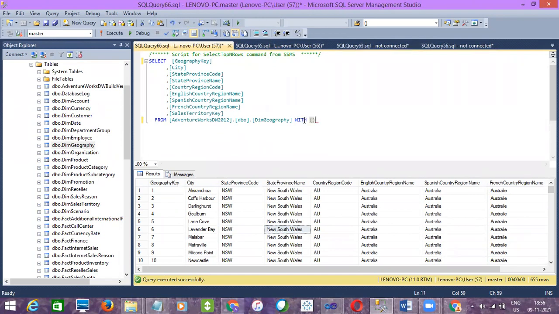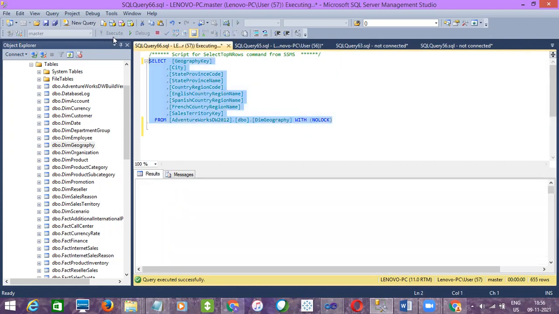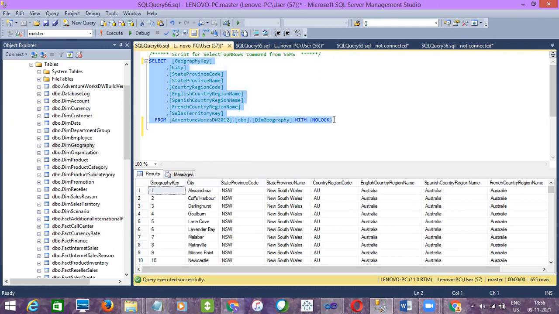So what will it do, guys, if you use WITH (NOLOCK)? Any idea? Did I tell you or not? No, we didn't tell that.